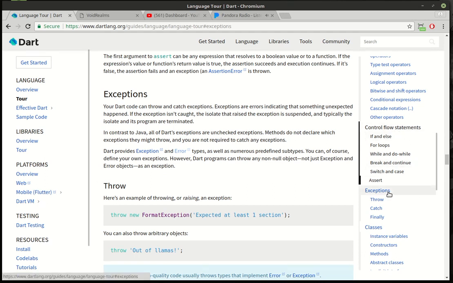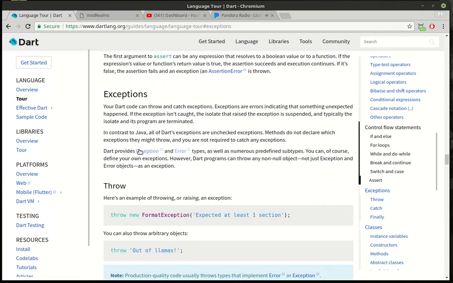Now, one thing you should know is that we skipped something here. We went from control flow statements to classes and we skipped exceptions. And there's a reason why I did that. A lot of tutorials out there will talk about exceptions and say, exceptions are classes, but we'll cover classes later, which means you are completely mystified and confused by exceptions the whole time. I wanted to reverse that and talk about classes first. That way, during this tutorial, there should be zero misconceptions about what's going on under the hood, and we can actually work with the advanced code rather than jumping back and forth. So, without further ado,